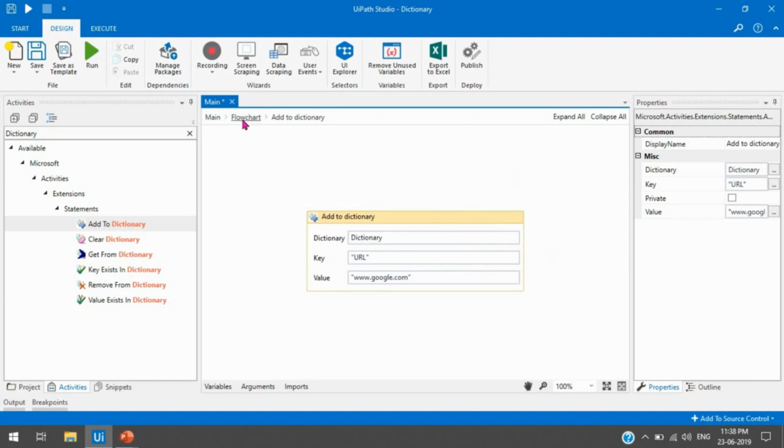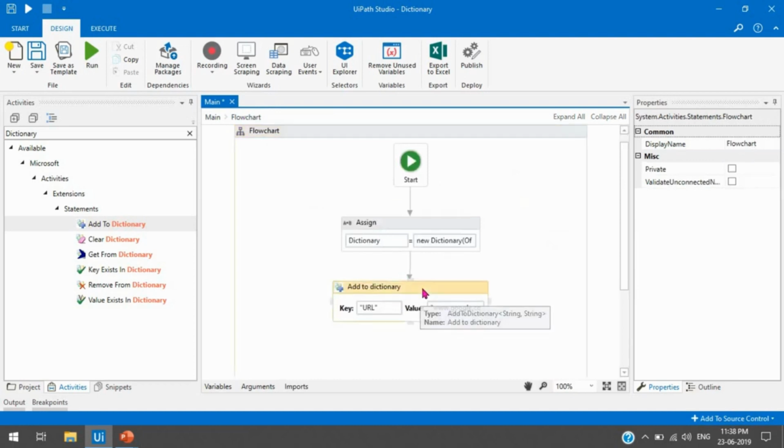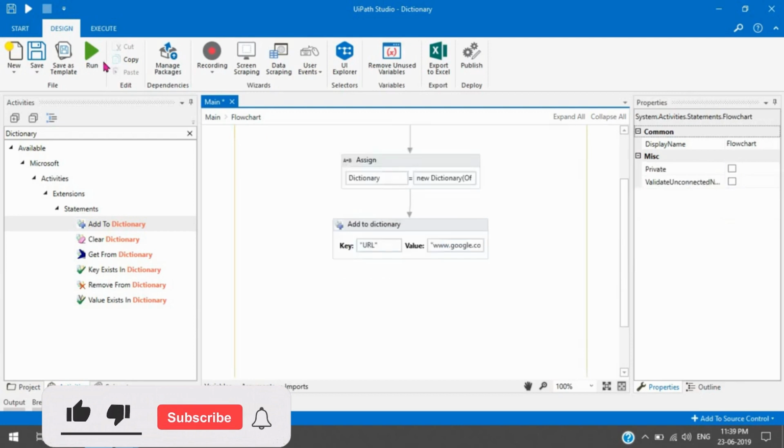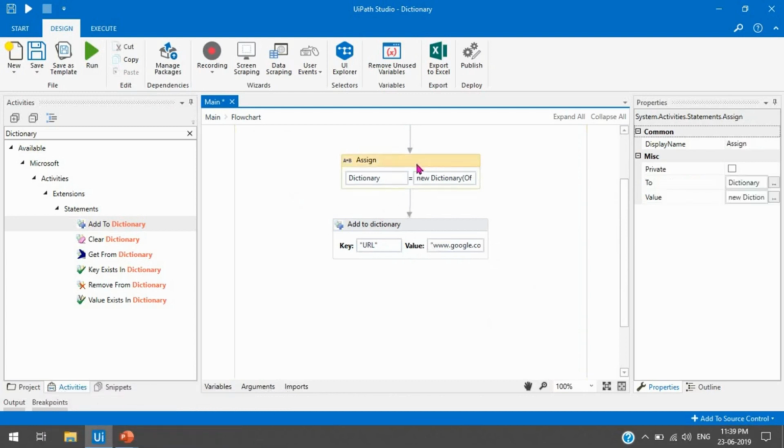Either you can double click on this and take the dictionary, or you can go to the right side in Properties and write the created dictionary variable here. Now once we click on Run, this key-value pair will be added to the dictionary variable.